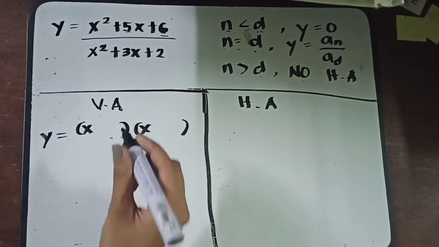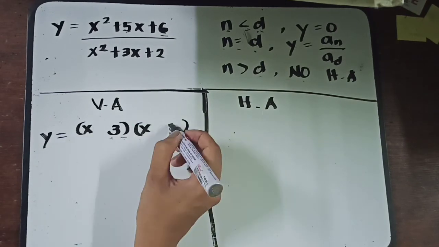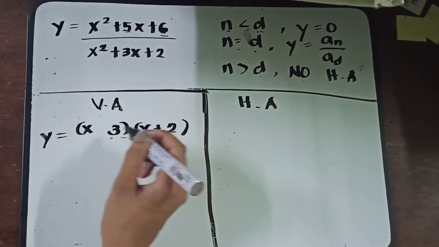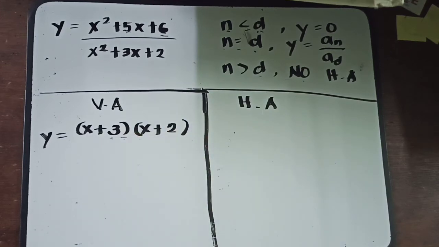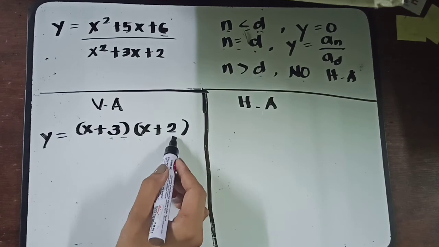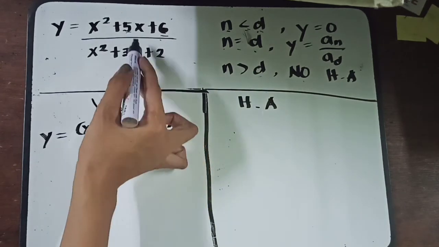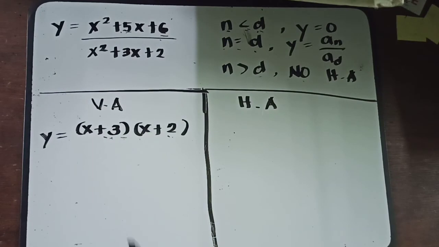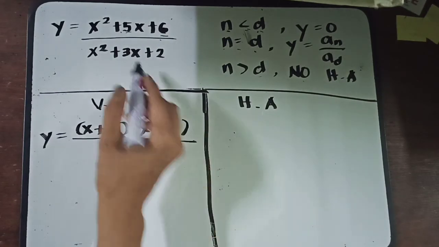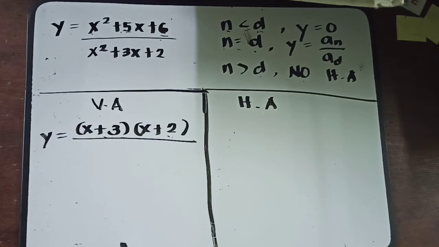So, ang dalawang number na yun is 3 and 2. So, positive 3 and positive 2. So, positive 3 multiplied by positive 2 is positive 6. Positive 3 plus positive 2 is positive 5. So, the factors of this trinomial is x plus 3 over x plus 3 multiplied by x plus 2 over